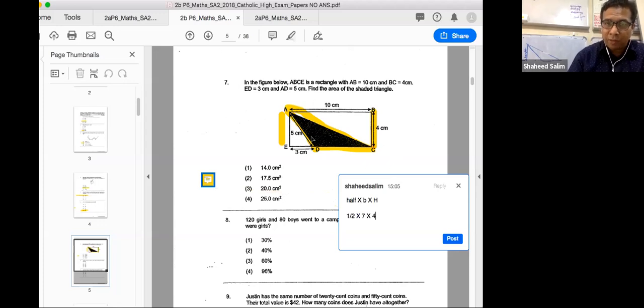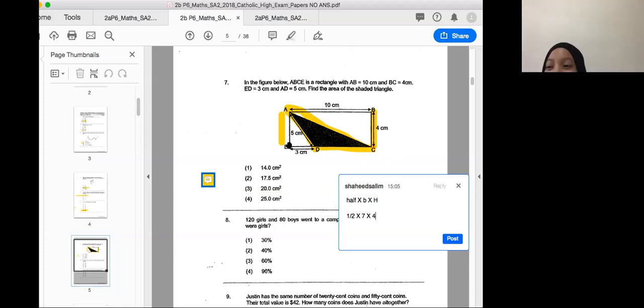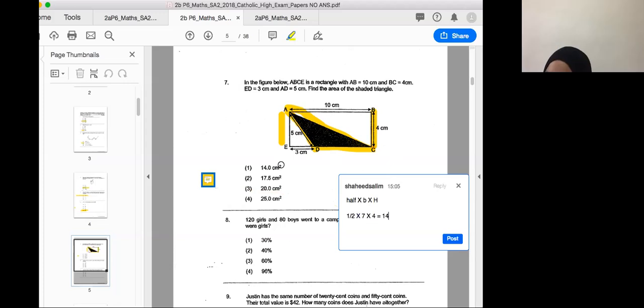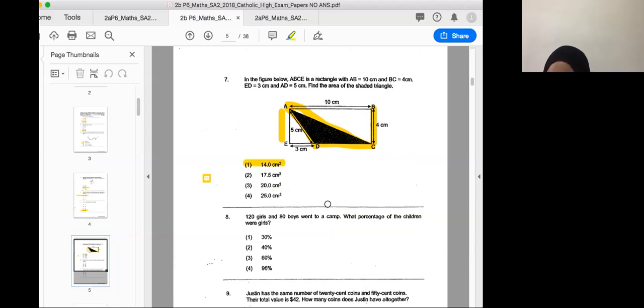5 is sengit. Mine must be 90 degrees. This one is 90 degrees. Just now I forgot the half. You must times half. So you get 28 divided by 2, you get 14, right? So the answer is 14 for here. Okay, this is 14. Now we go on to the next one.